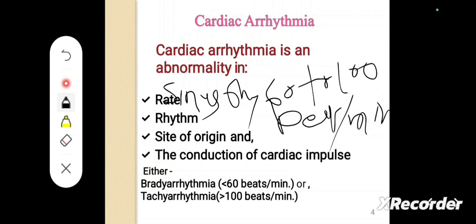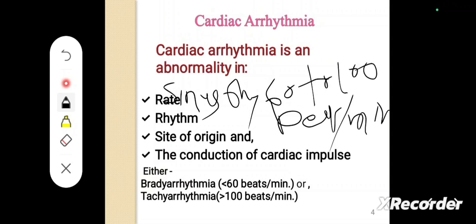So this is the normal action potential and normal sinus rhythm. So what does sinus rhythm mean? Sinus rhythm is nothing but the impulse generated in the SA node, then conducted